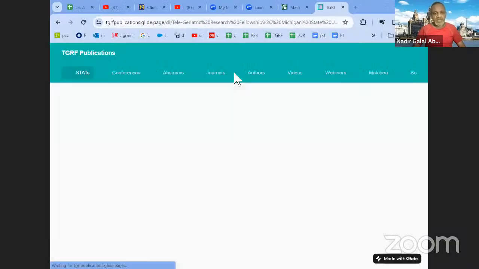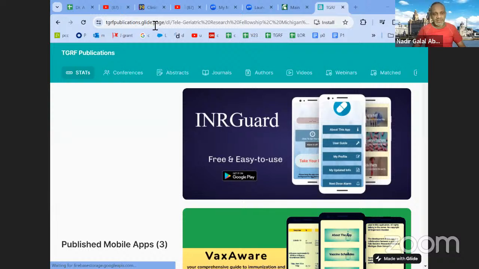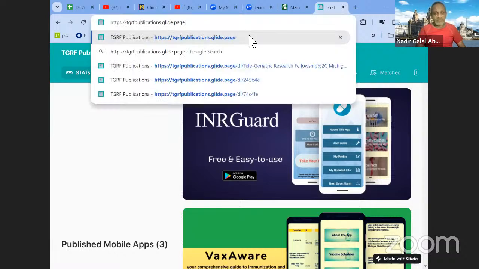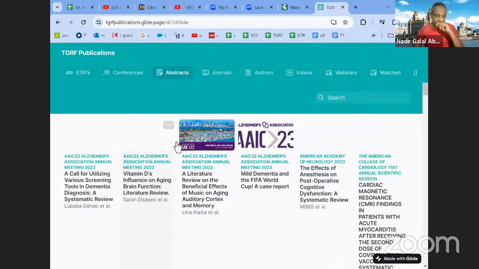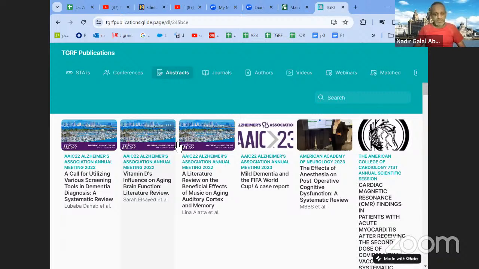for example. If you go to the website of our program, it has TGRF publications.glide.page. You don't have to do all this. This is basically a web page. If you go there, it has a list of our mobile applications and so forth. But if you go to the abstracts, you can find some of these abstracts that are listed that have been accepted